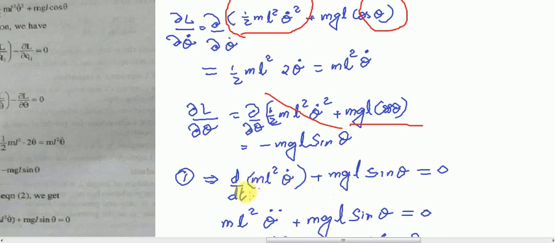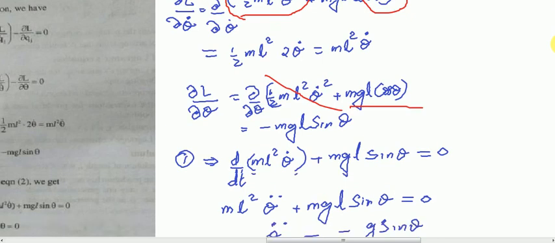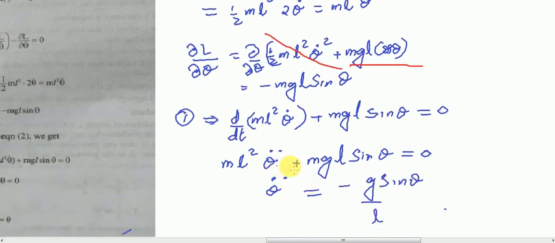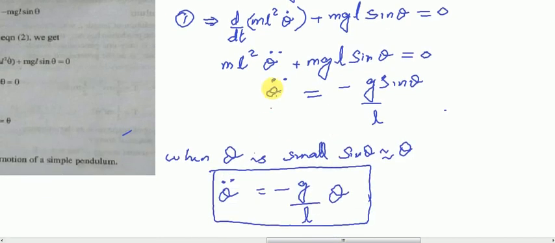Now again differentiating, because it is d by dt, when you differentiate theta dot with respect to time you will get d by dt of theta dot. So that means one more differentiation. That is why it is written as theta double dot in the next step. So m l square theta double dot equal to minus mgl sin theta. M is a common factor here, cancel, and one of the L also is a common factor, that also gets cancelled. The remaining terms can be written as theta double dot equal to minus g by L sin theta.